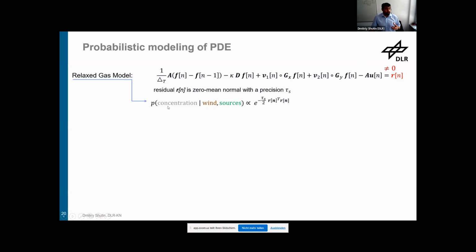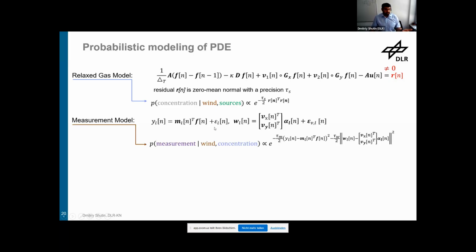So we say the concentration value that we obtain describes a certain probability distribution. So it's a probability of our concentration, which is conditioned on the wind and the sources. If we know in which directions the wind blows, and where the sources are and how many we have, effectively we can just solve the equation by iterating it, and then we have a solution. It's a forward solver, quite simple. If we solve the equation, we get our concentration. But of course, the equation does not hold exactly. So we say that the residuum that remains is random. And that gives us our probability distribution over the concentration value.